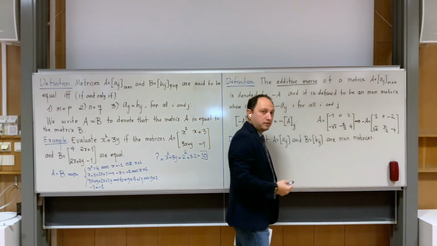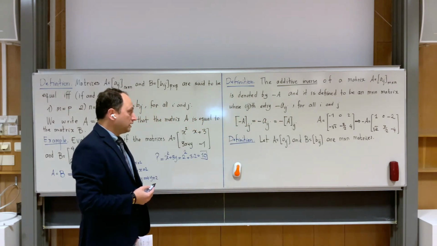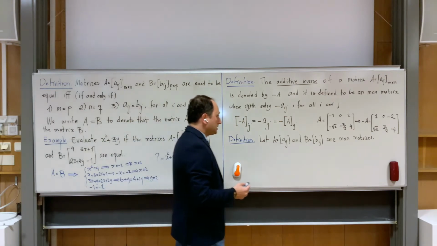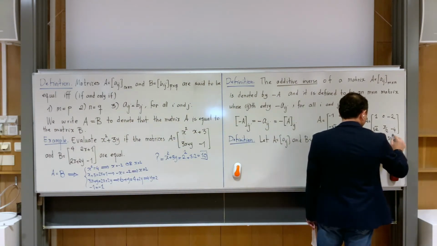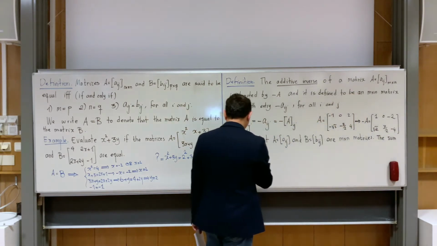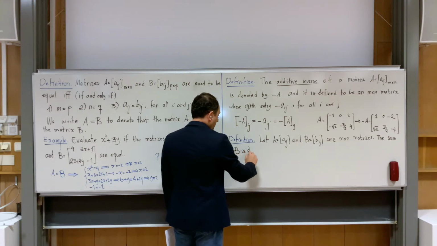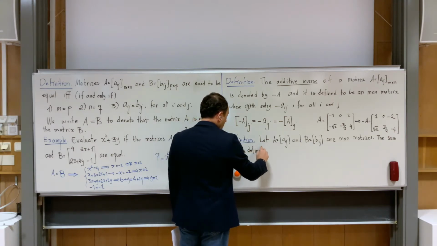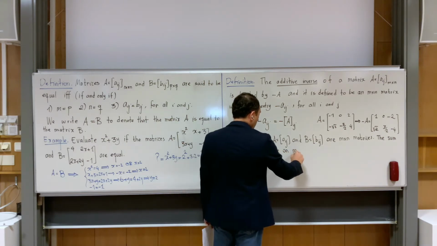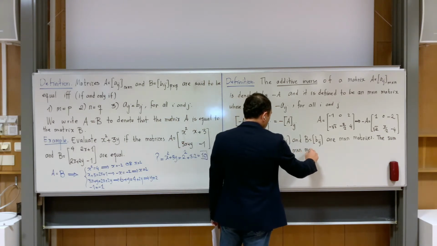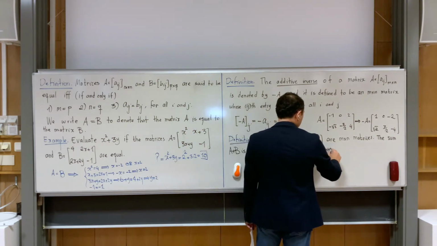So both of them have the same order. Okay, so the sum A plus B is defined to be an m by n matrix such that,